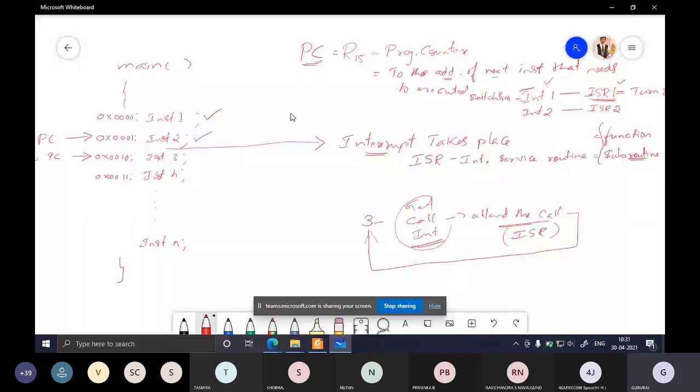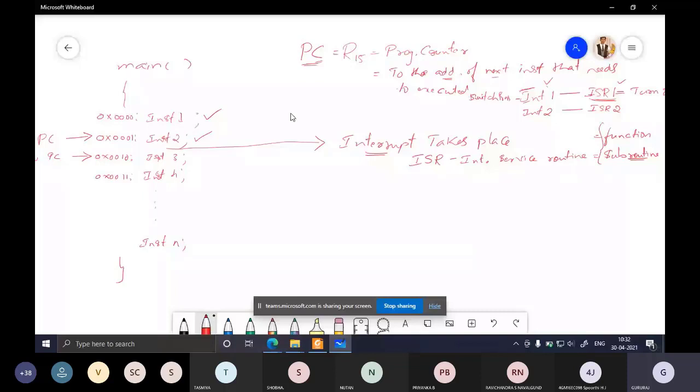What were you doing? You were studying page number 3. You have to go back to page number 3 and continue from wherever you were studying. Correct. So this is what should happen, and the same will happen in the processor also. Whenever the processor is doing some job and an interrupt takes place, it will execute the ISR corresponding to the interrupt, and once that ISR completes, it will go back to whatever it was doing before the interrupt came.